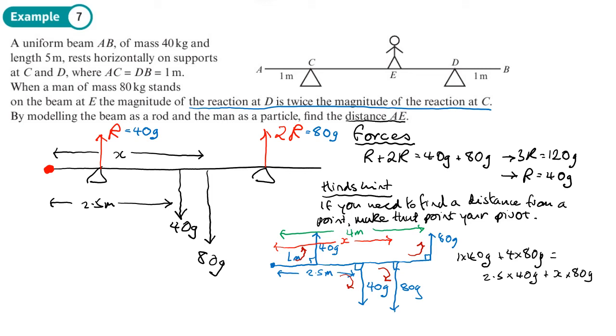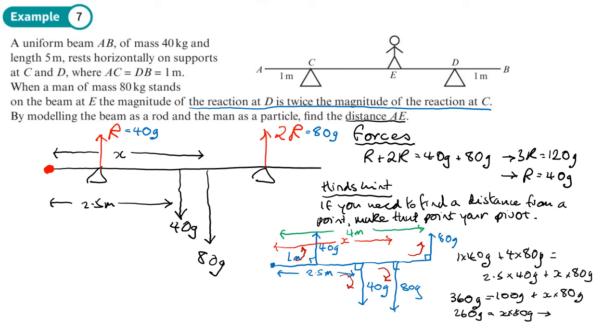Right, let's simplify that a bit. So if I've got 40g plus basically 4 times 80, 320g, altogether on the left hand side I will have 360g, which equals 2.5 times 40, which is 100g, plus x times 80. So we'll take away 100g from both sides, so we'll have 260g equals x times 80,